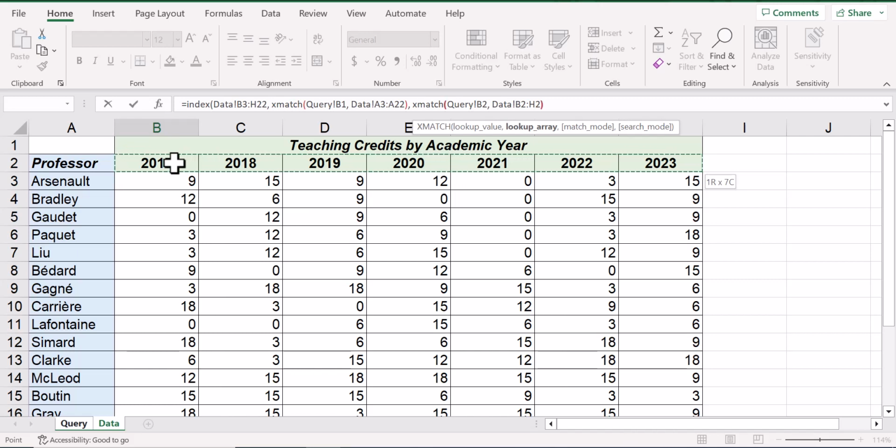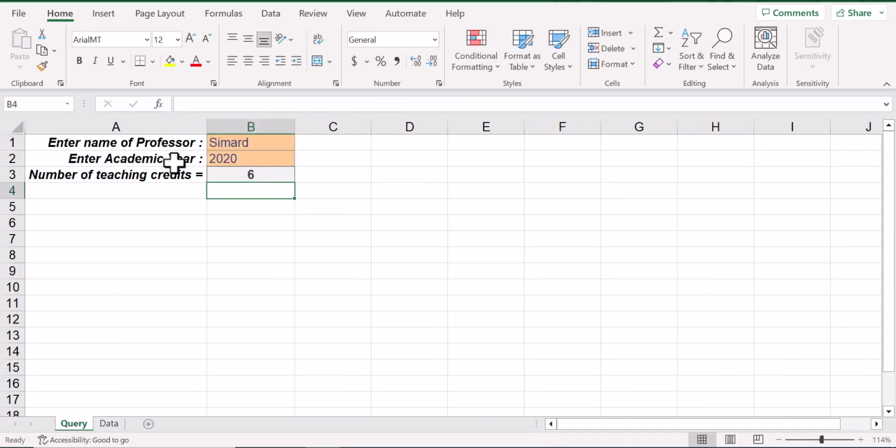Now when we close the XMATCH function with a bracket and close the index function with a bracket, when we hit return,